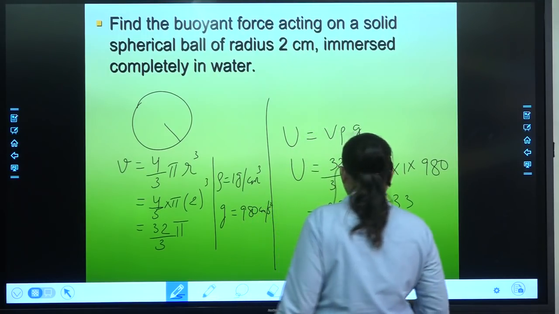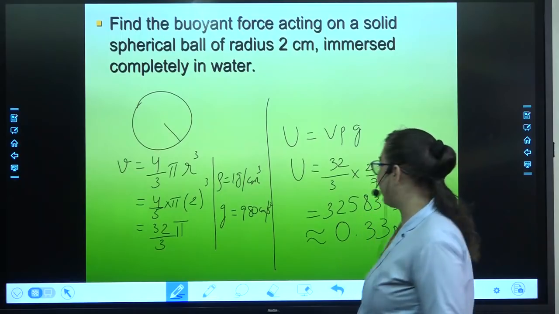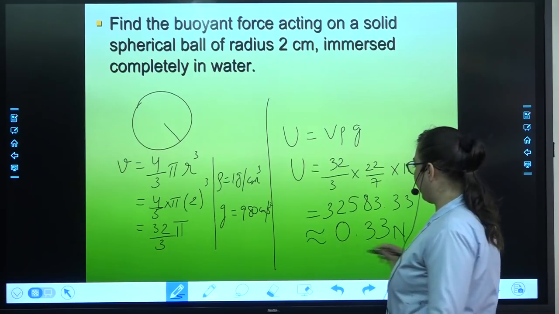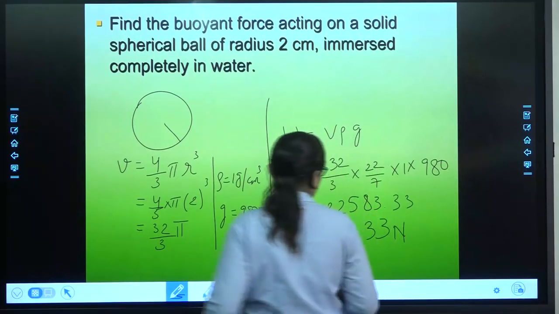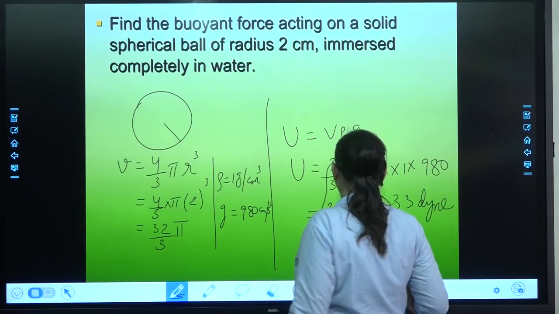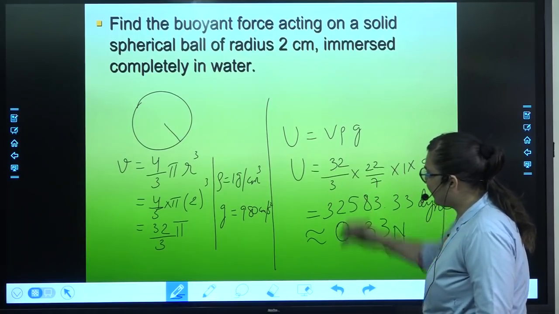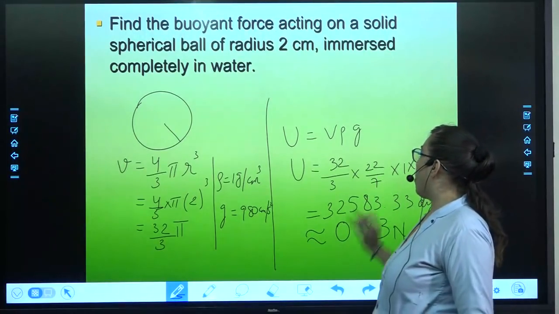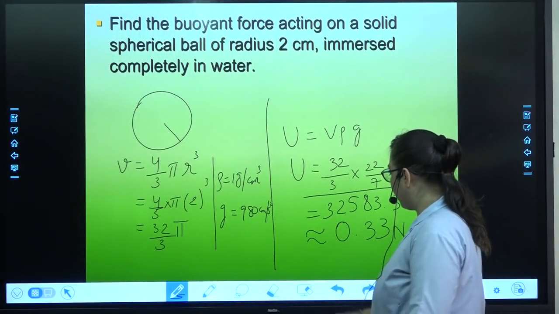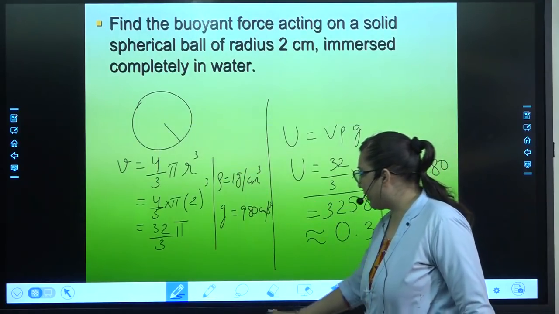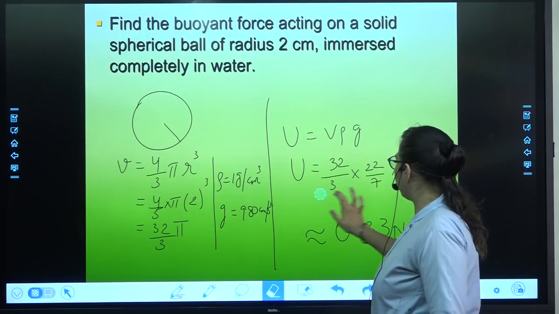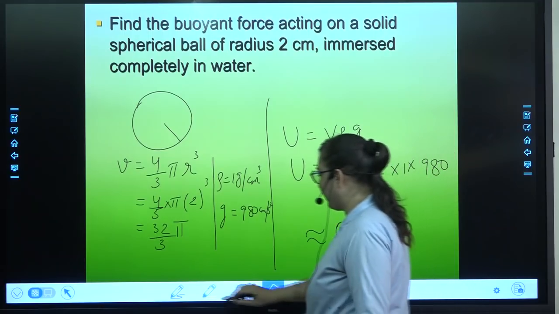which is approximately equal to 0.33 Newton. Why? Because 1 Newton is 10 raised to 5 dyne. Here you have 1, 2, 3, 4. If you shift even the fifth point, it will be approximately 0.33 Newton. And this one is in dyne. See, this is a secondary thing, the multiplication and division. What you should remember is this much, this should be in your brain. This conversion will become easy for you, but first this much portion should be in your brain.